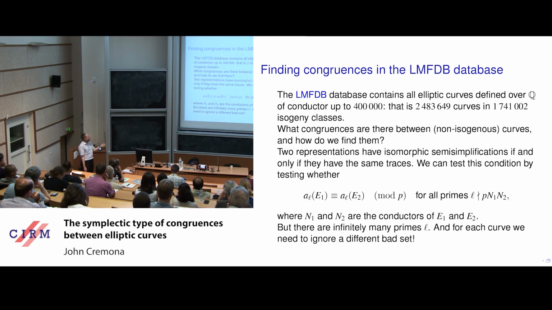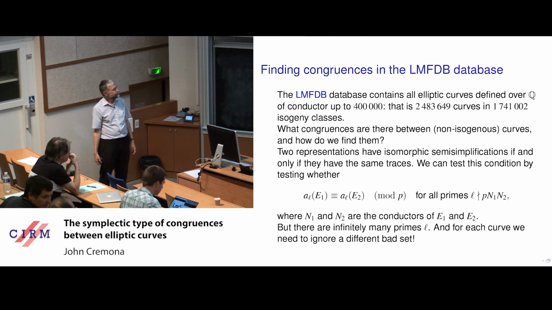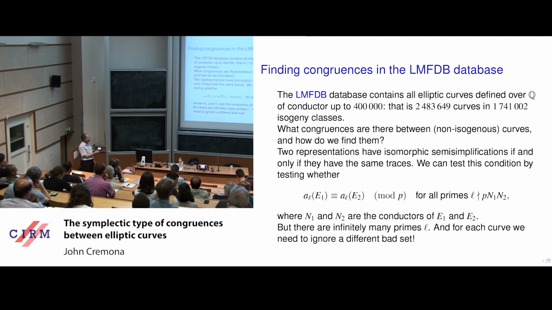So we want to do a pre-computation once for each curve, and then do the comparison afterwards. One thing that makes this a bit difficult is that if I store information about E1, then later I'll get into trouble trying to compare it with E2, because E2 has a different forbidden set of primes. And there's a very simple idea that allows you to get around that, based on the fact that all of our conductors are less than or equal to